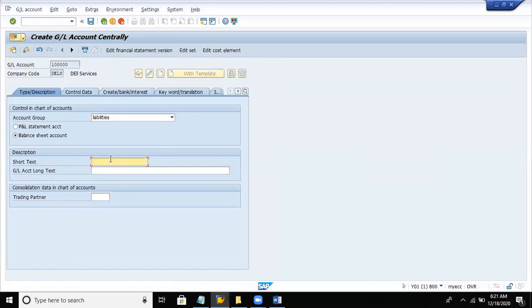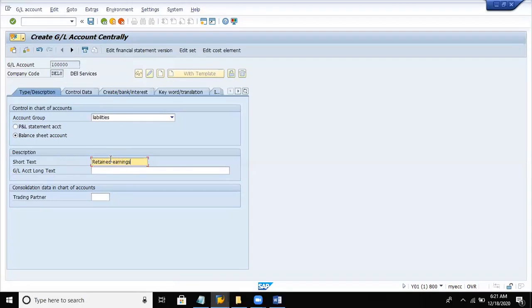And here in the description we have short text. What is short text? Short text is your account name. We have successfully updated the account number and segregated the account group. Now we will give the account name. What is the name you are giving for this 1000000? In the backend we said that the name should be retained earnings account, right?